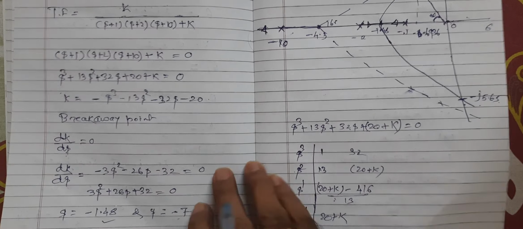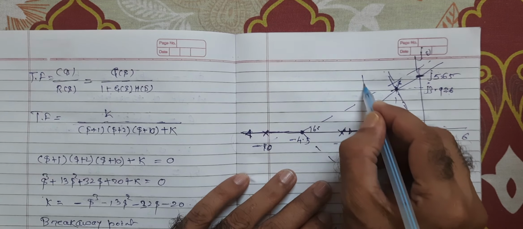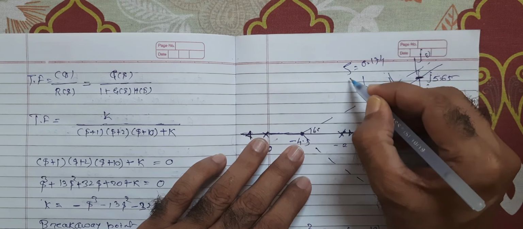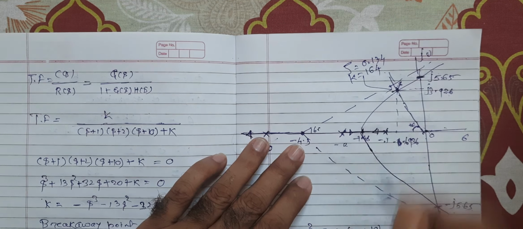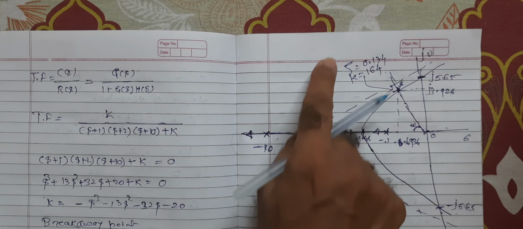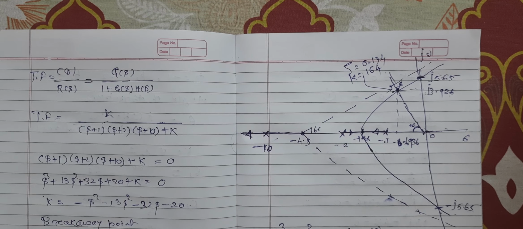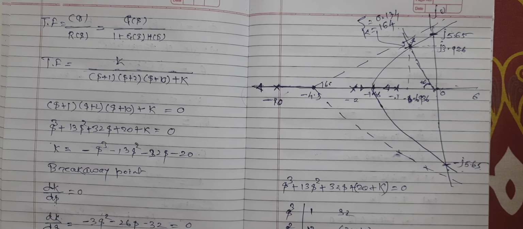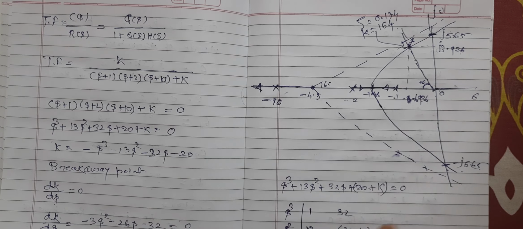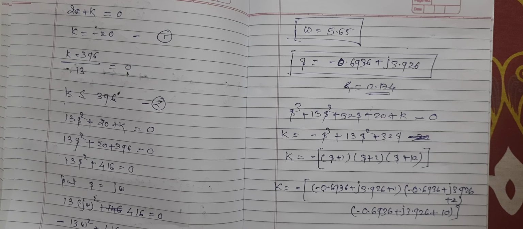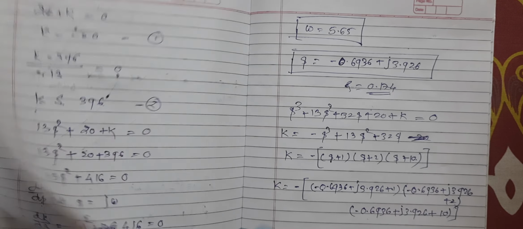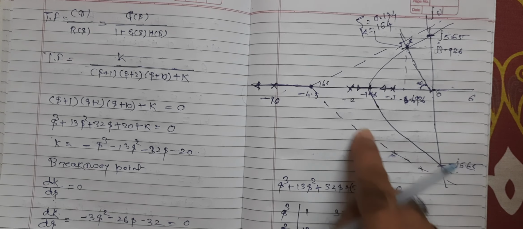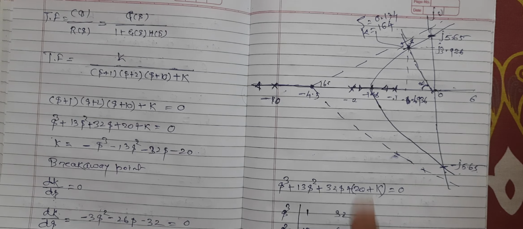Now at this point neta equals 0.174, and k equals 164. In the notes I have given in some other way, but I think this is the method that we are familiar with to draw the root locus, so you can easily find out this one. So this way we can find out the k. Always remember that at every point of the root locus, the value of the k and the neta changes.